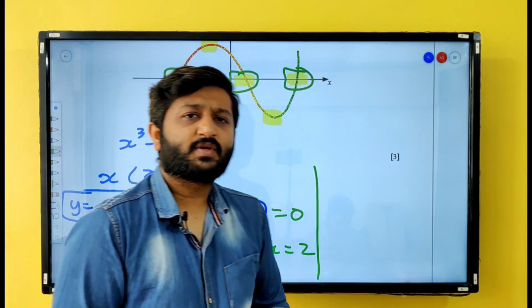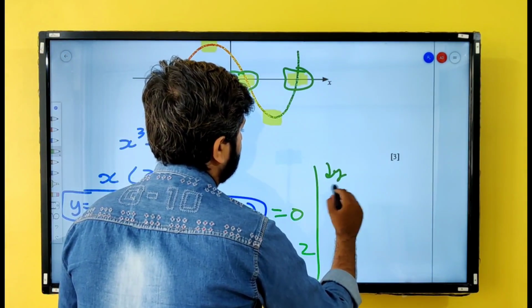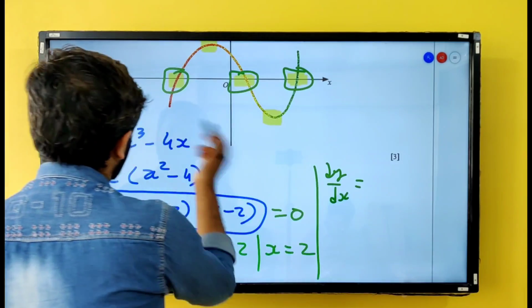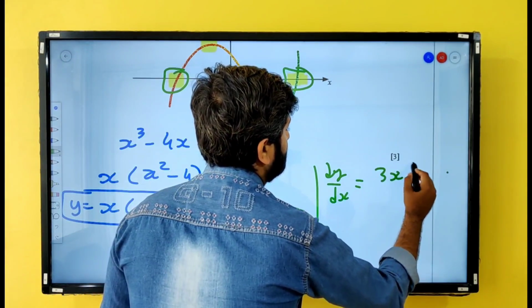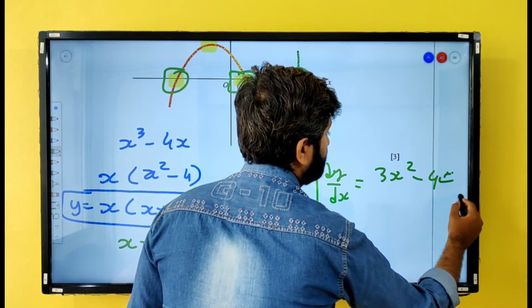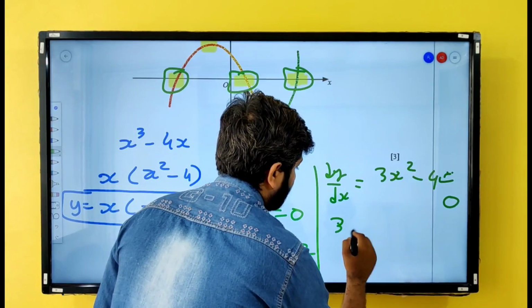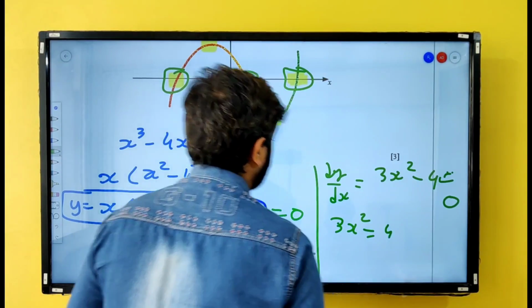Stationary points are those points where dy by dx is 0. So let us find dy by dx of this equation, which is 3x square minus 4. Now this should be equal to 0, so you have 3x square equals 4